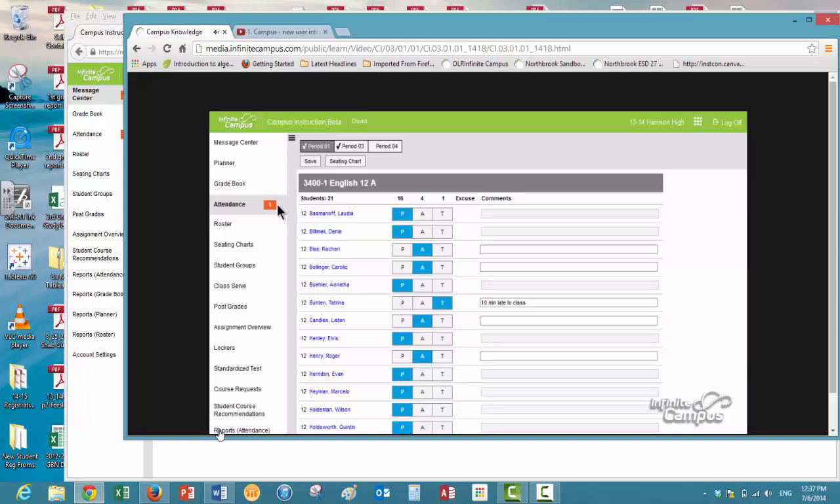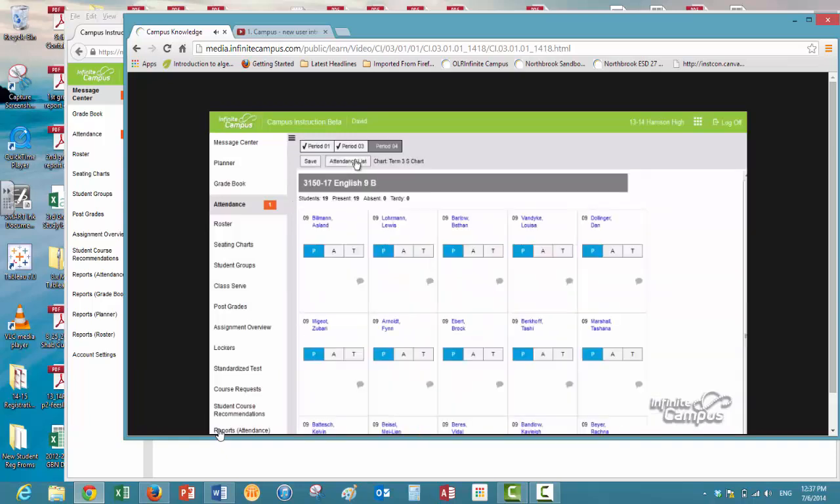The other way we can submit attendance is by using the seating chart. Once the seating chart has been set up, we can use that to take attendance in pretty much the same way. As you can see, students are arranged here as they may be on a class seating chart. We can mark students absent or tardy as needed,